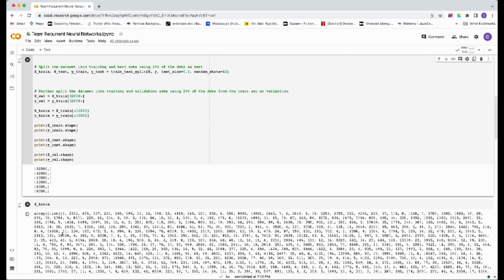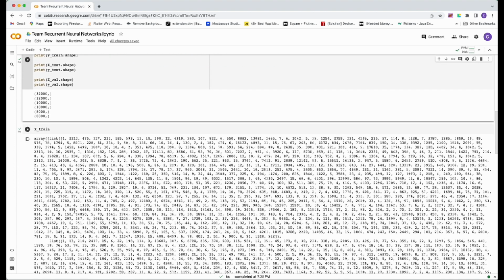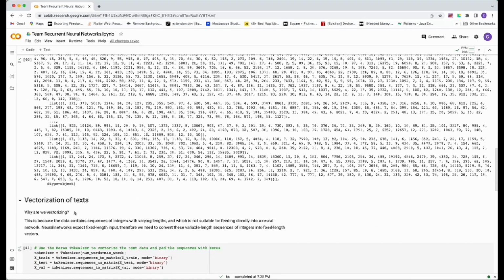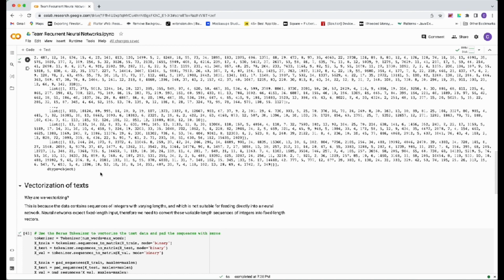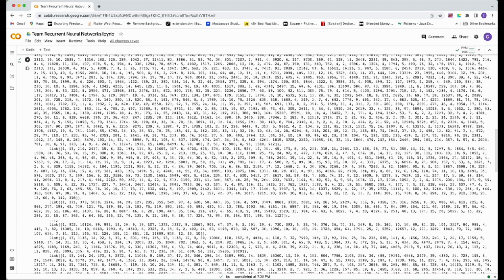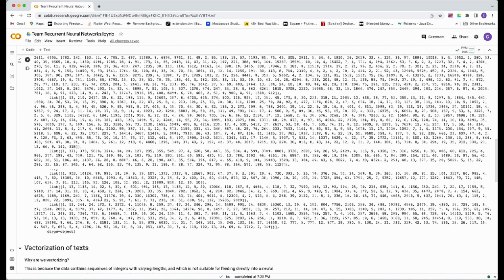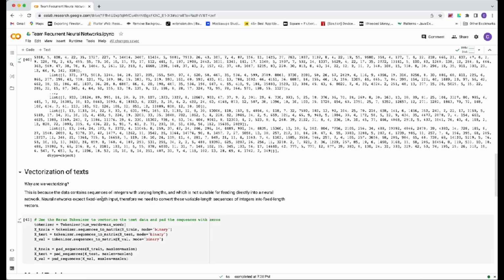Let's see what the training data looks like. It's just a bunch of numbers, an array with a list of values. So the data has already been pre-processed. That means we can run it quickly through our model. But wait a minute. If you run the dataset through the model, you're going to get an error, as the data is still of variable length, and neural networks need a fixed length of data.